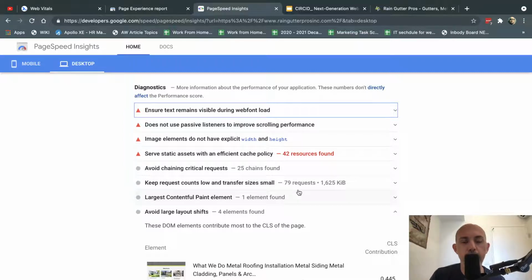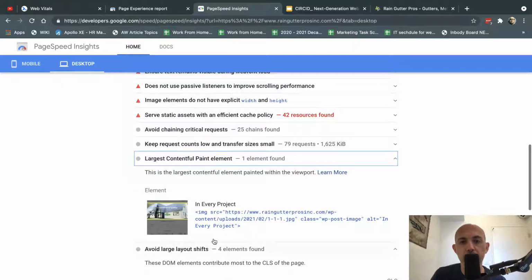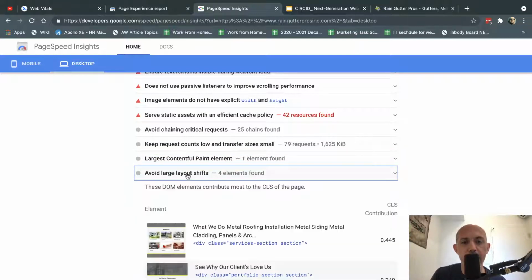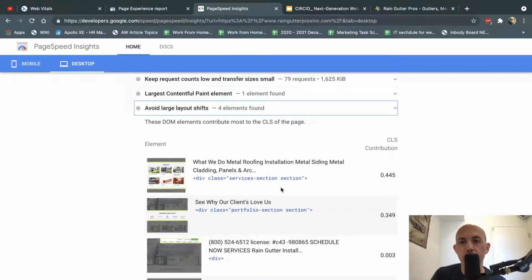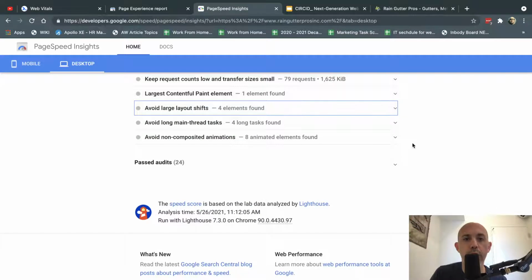The biggest things you need to focus on, typically from our experience with tens of websites, are to figure out the Largest Contentful Paint, the LCP, and try to improve it, especially using preload. Preload is a really important one that'll help improve the score. And the CLS, figure out how to improve the layout shifts, reduce the layout shifts. Those two things will give you high scores.